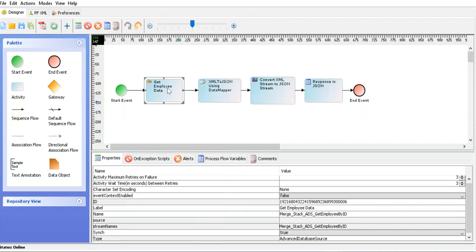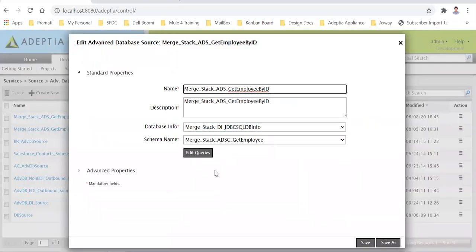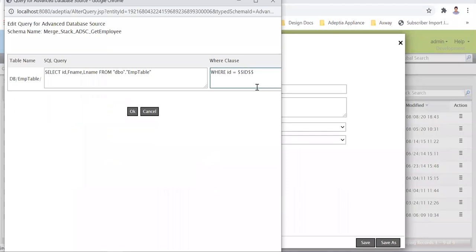Whenever we pass any query parameter or header parameter in Adaptia, those values or parameters will automatically get converted into context variables. So those values will be available throughout the process flow. I can use that value in my database source, and we know how to retrieve the context variable value in any activity.